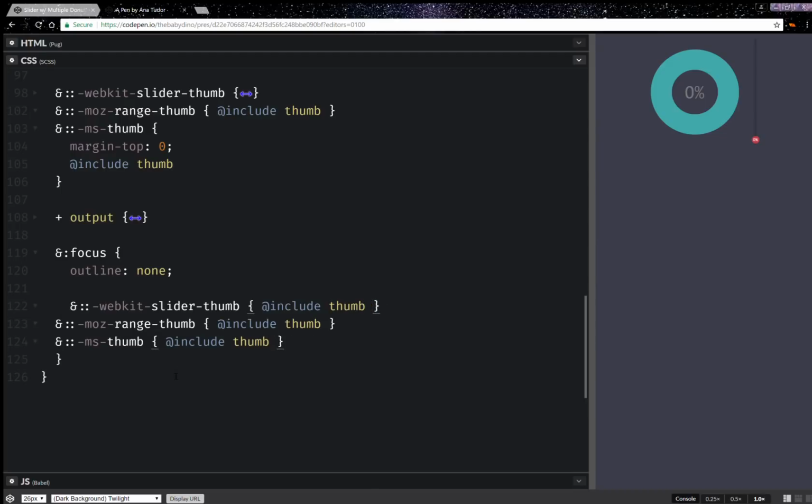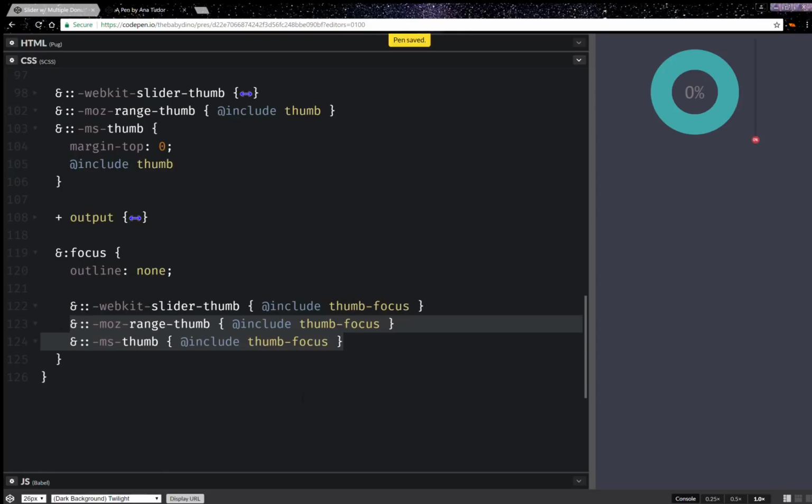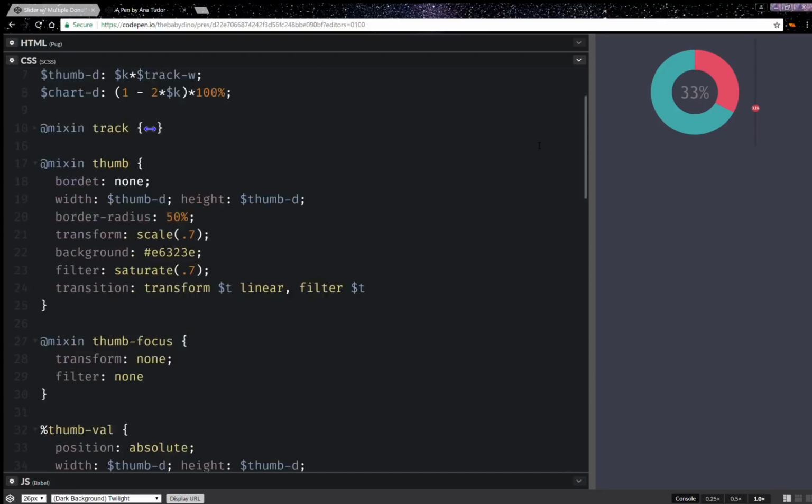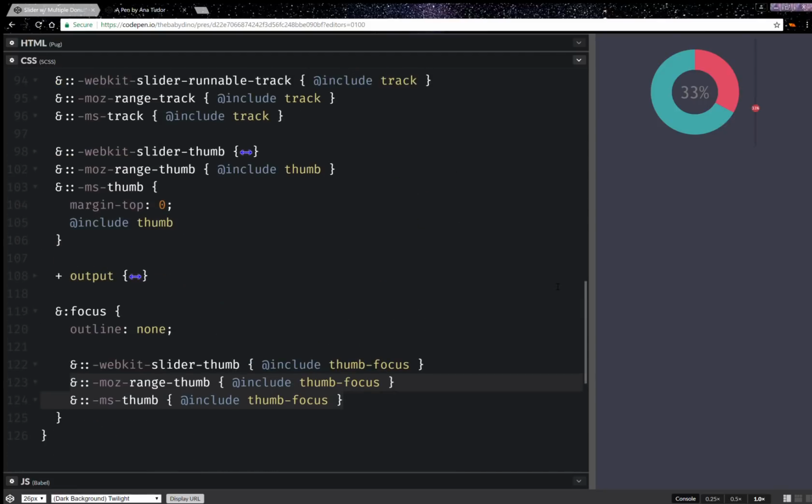Okay, and this is going to be thumb focus. Okay, and like that. So now if it's focused, okay, doesn't it grow a bit too slow? Half a second, it shouldn't be that bad. Anyway,